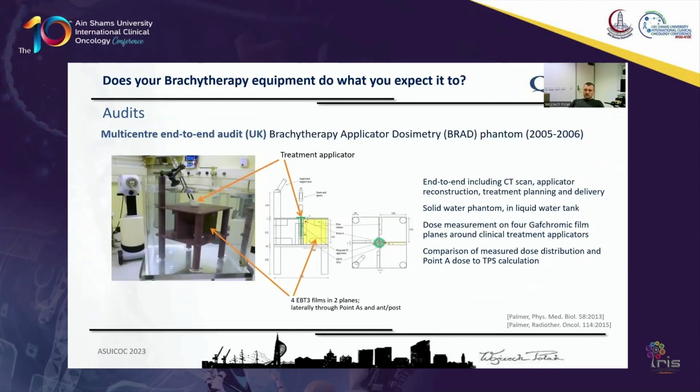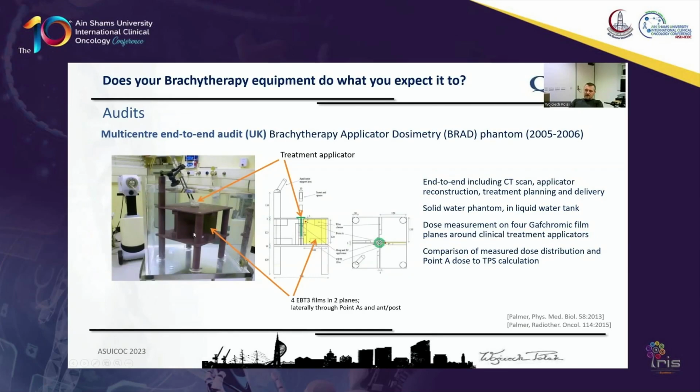In Portsmouth, we also did the multi-center end-to-end audit. Professor Palmer was leading that, and Portsmouth was the lead center for this audit, which was done between 2005 and 2006, and it was a much more clinical-like audit. So we had